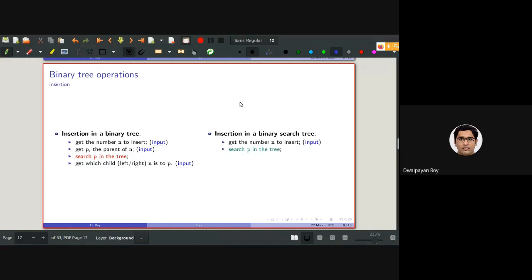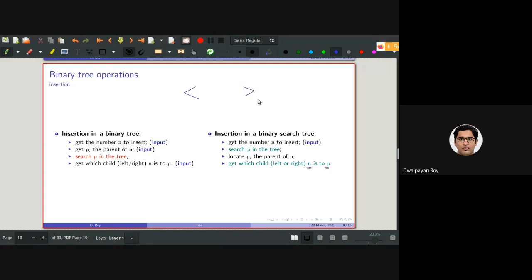So search for P in the tree will be based on these conditions. Locate P will again be based on this condition, and getting which child, whether the new node n will be placed as left or right child of P, will again be based on the greater than or less than condition.